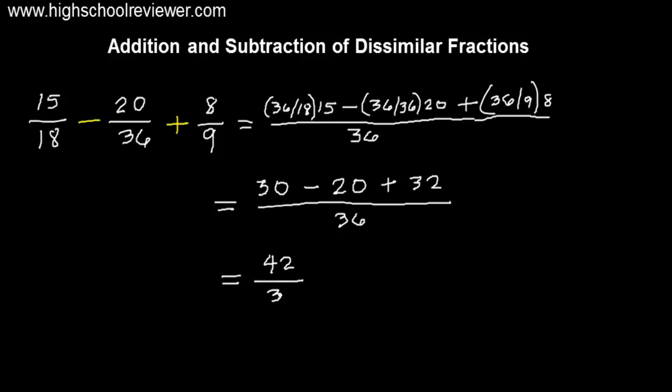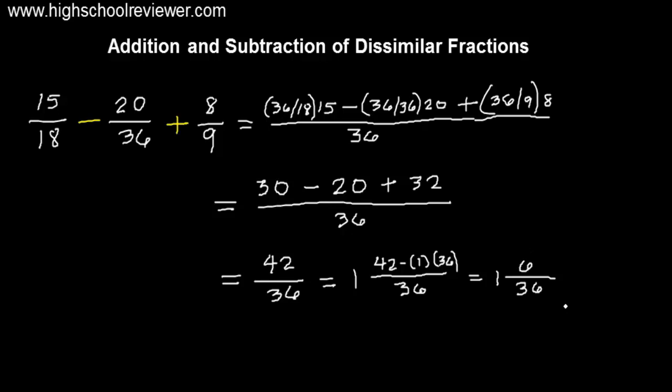42 all over 36. Now, this is an improper fraction, so we need to simplify this to a mixed number. 42 divided by 36, the whole number here is 1. And then copy the denominator, which is 36. And for the numerator, that will be 42 minus the product of our denominator and the whole number. So 1 multiplied by 36. And we will have here 1, 36, and this will be 42 minus 36. That will give us